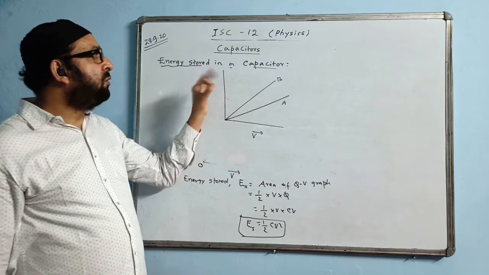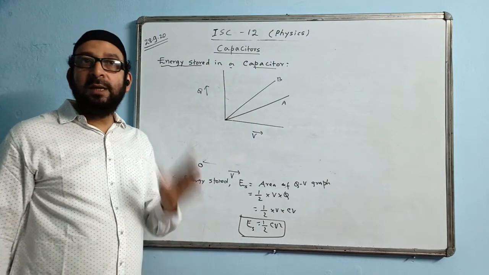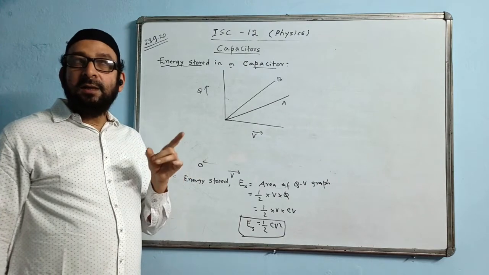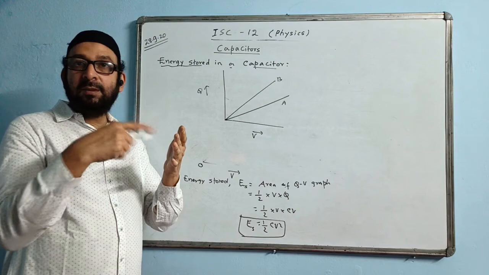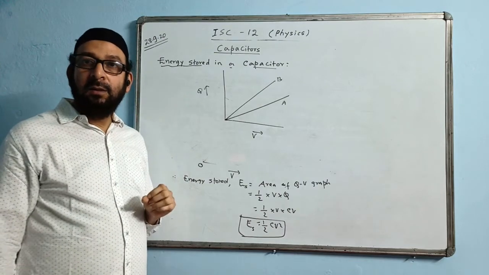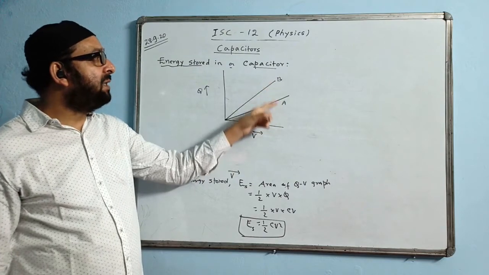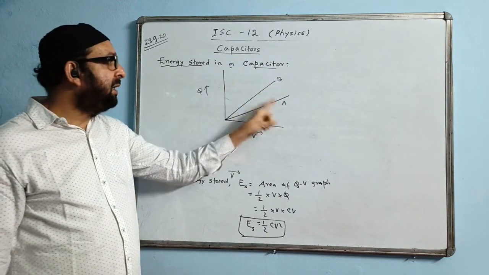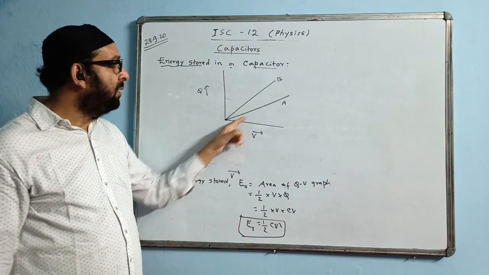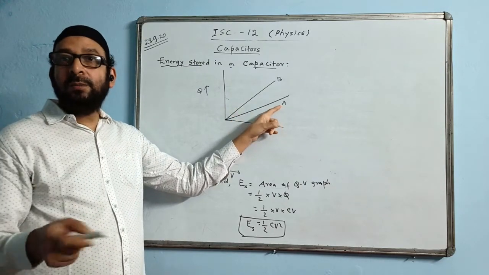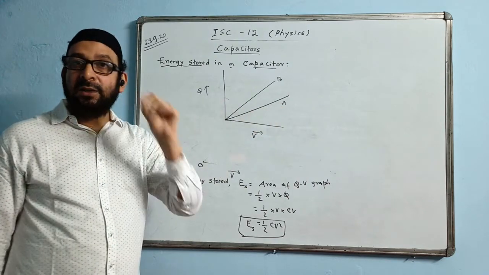The question is talking about the series combination of capacitors. Series combination of capacitors means the value should be less or more? The answer is less, because in series the formula is reciprocal: 1 by C is equal to 1 by C1 plus 1 by C2, that means the value will come less. So which of them has got less value of capacitance? Which of them has got less value of slope? I'll say A, because A's inclination is less. This angle is less here and here the angle is more. So A is having lesser slope, that means lesser capacitance, and lesser capacitance is expected in series.